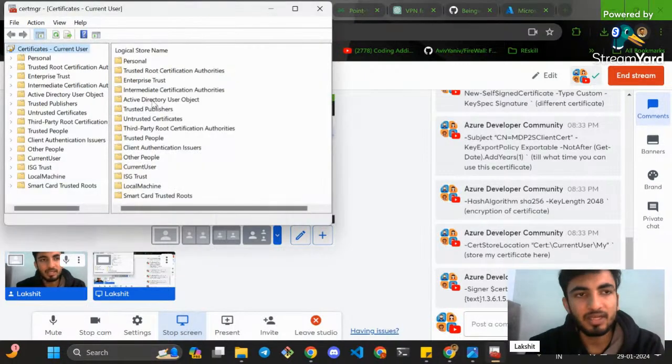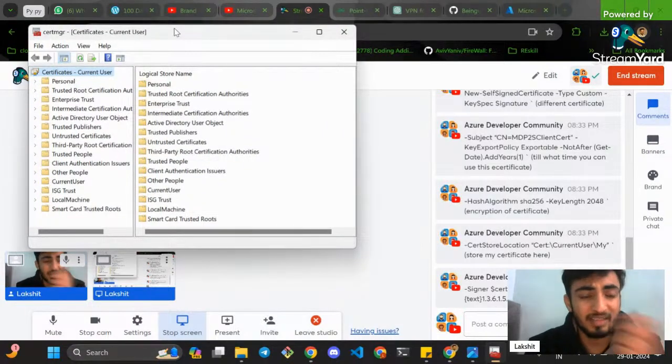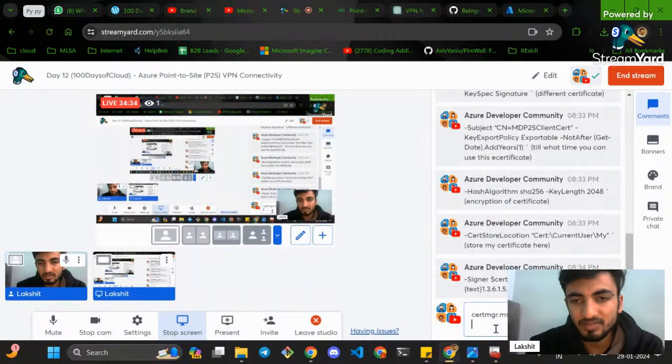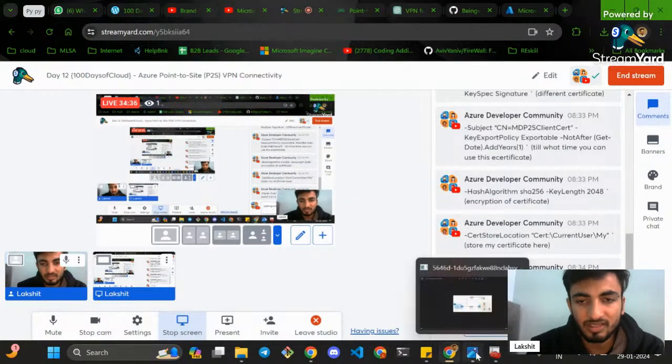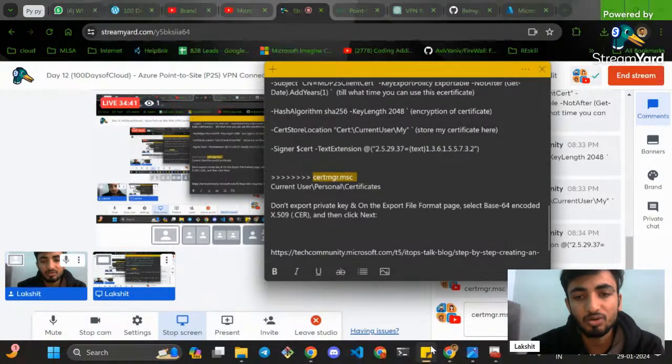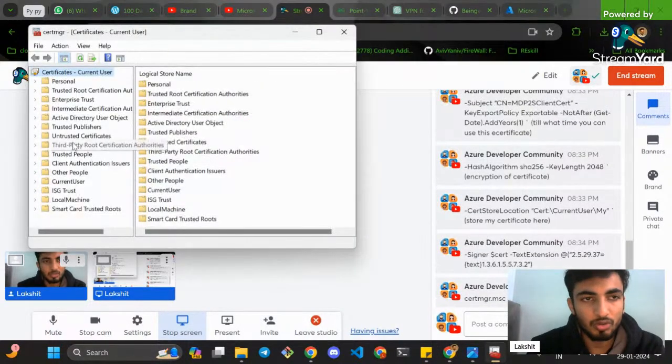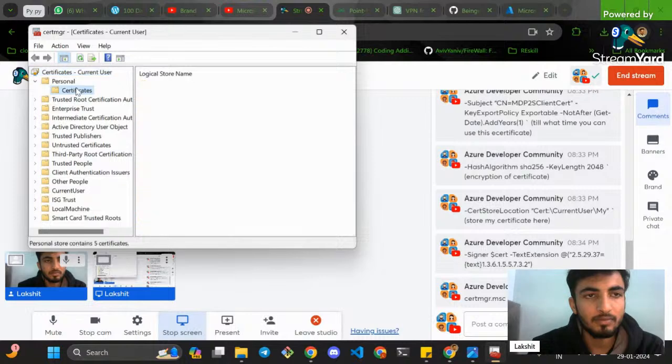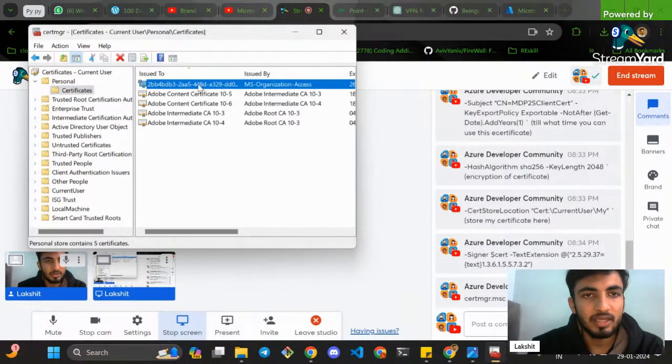You can see this is the certificate manager that you had opened with Windows plus R. So I'll quickly paste it here. You have to search for this, and you will be able to look at this. Where you will be able to see personal certificates, you just go to the user part, then this personal certificate option. You will see the certificates right here. You'll be able to see all the certificates here.